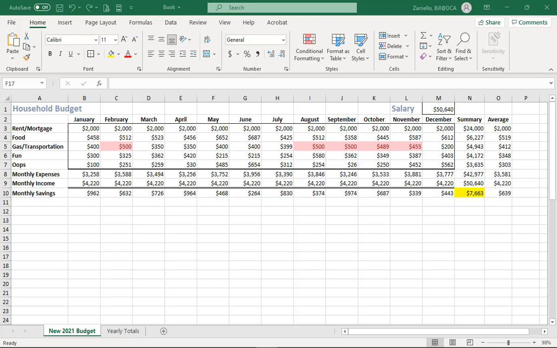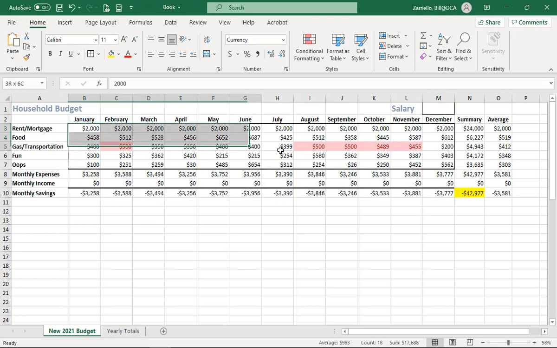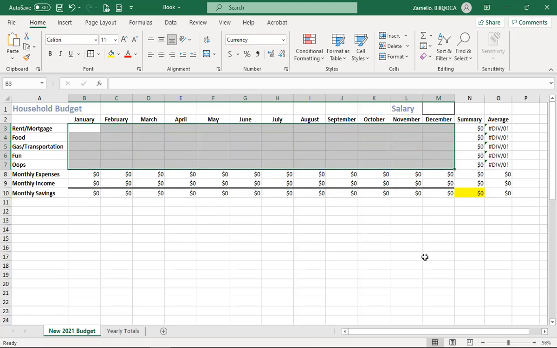So the first thing we want to do is I'm going to remove my data out of here. So I'm going to remove first my salary. I'm going to click on delete, and then I'm going to remove all of my data cells within the square where all the data had been pasted in. You notice all my formulas have gone to 0. All my average formulas have gone to, and it looks like an error message,